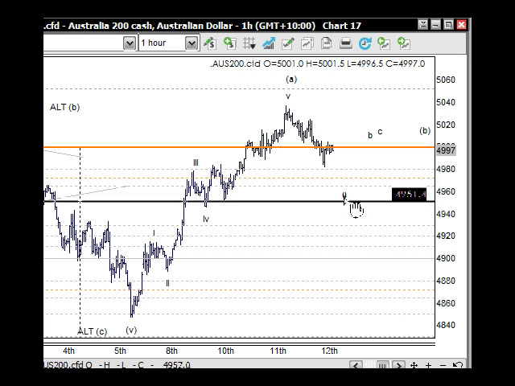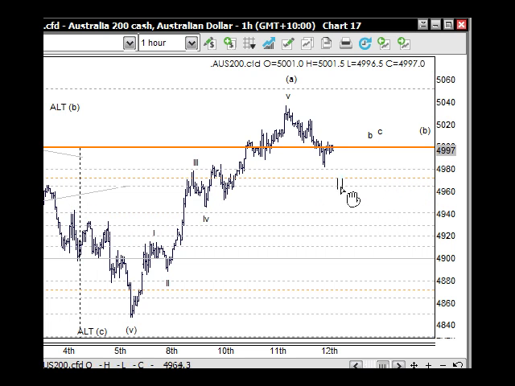So we could pretty much sort of put that there. That's the sort of thing that we're looking at here, the A, the B coming back and retesting this, and then the C wave in 5. This C wave here should be about the same length as this one through here, so that will bring us